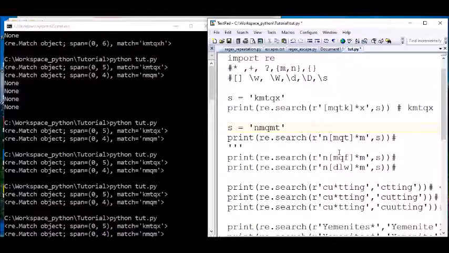Okay, this one here. What found N, M, Q inside here, and then what else? T, Q, and T inside this one here. So M, Q, M, T, all.